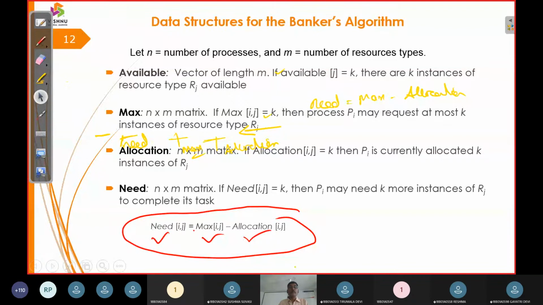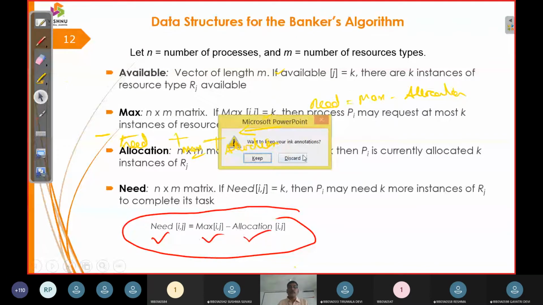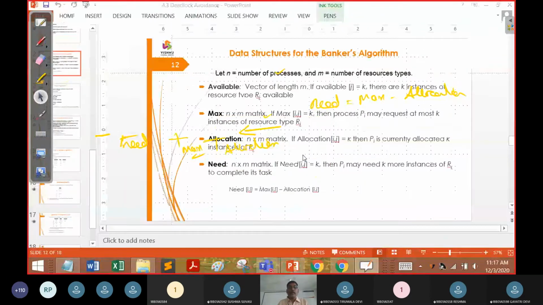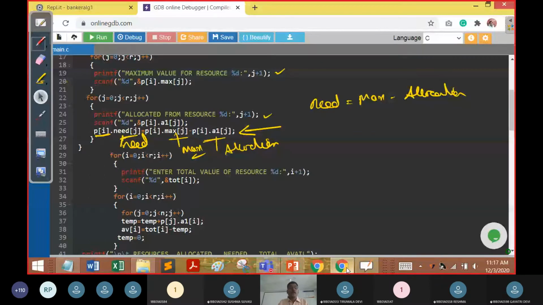So now we are going to use this need vector, and we are going to compute it with our program. That is, need is equal to maximum minus allocation. That is what we are going to get out.